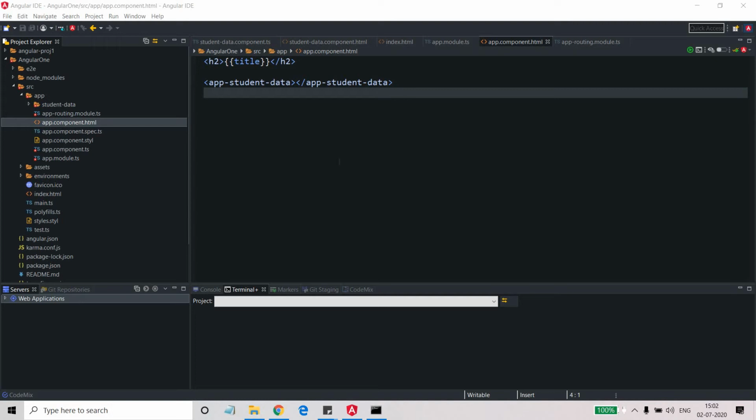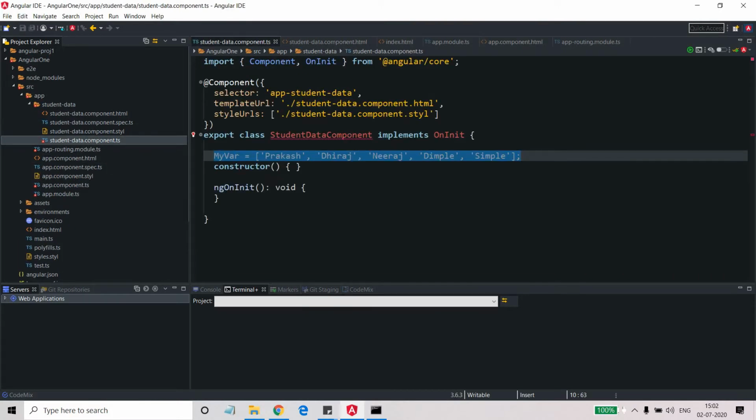Welcome back friends. In the last video we saw how we can create a student data component and how we can display the data associated with it. But student data is not all about the name of the students. It can have several other attributes like the roll number of the student, his name, his address and the course to which he has enrolled. So all these things we can put into a new data structure, or you can say a new class. Let's see how we can create a class.